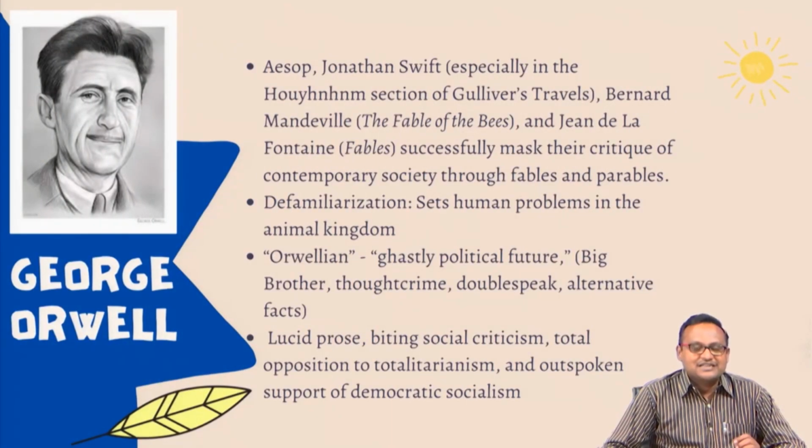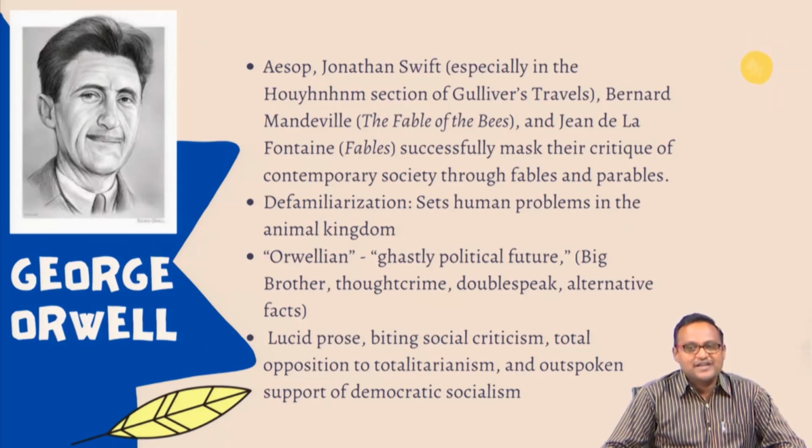In fact, this political allegory that George Orwell writes in 1945 continues the rich legacy of some other extraordinary works that have come before George Orwell's Animal Farm. To begin with, Aesop's fables. Aesop's fables today are a part and parcel of children's literature. They too have many hidden, layered meanings. Therefore, it's an allegory.